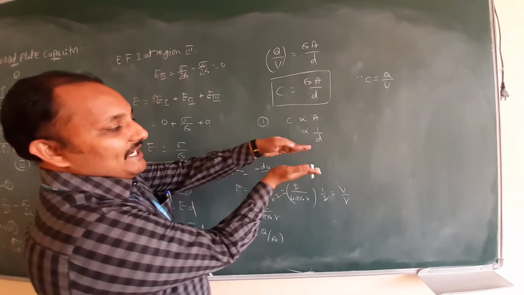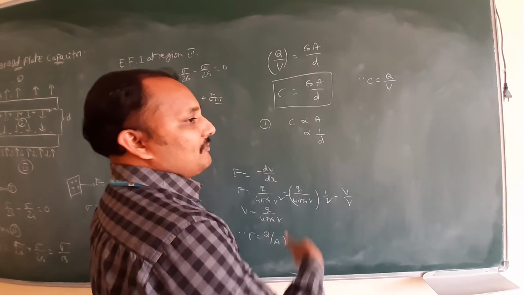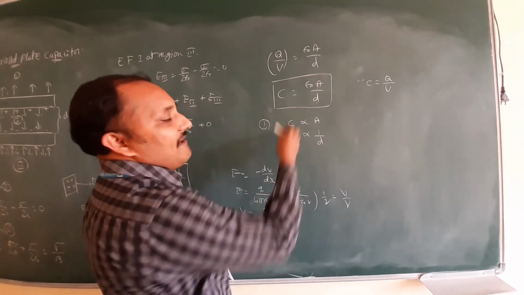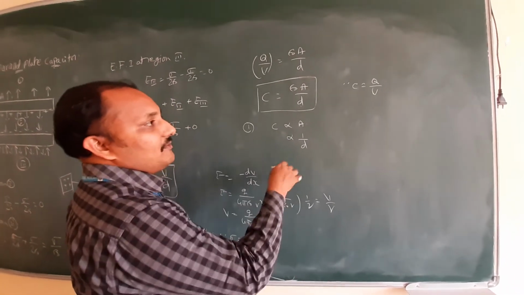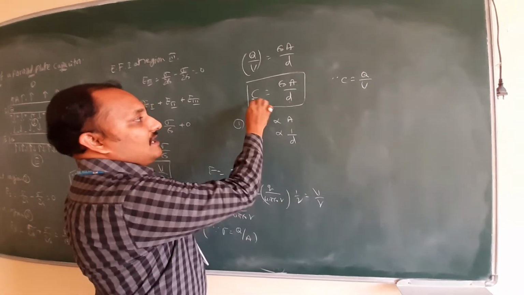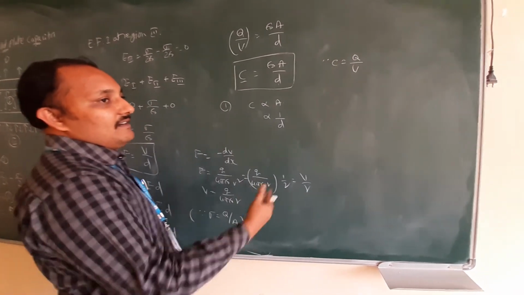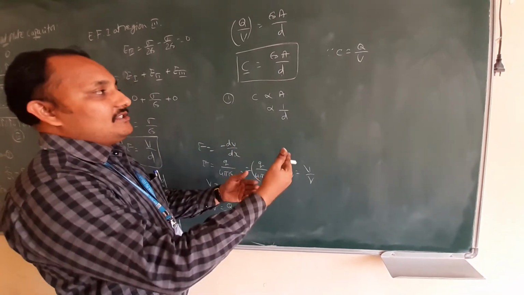Here, between the two metal plates we have taken vacuum or air as the medium. If you place a dielectric, how is it going to change? Only vacuum, or air, is there between the two metal plates. If you place a dielectric, how will the capacity of the capacitor change? That is our next topic, the effect of a dielectric on a capacitor, whether it will increase or decrease.